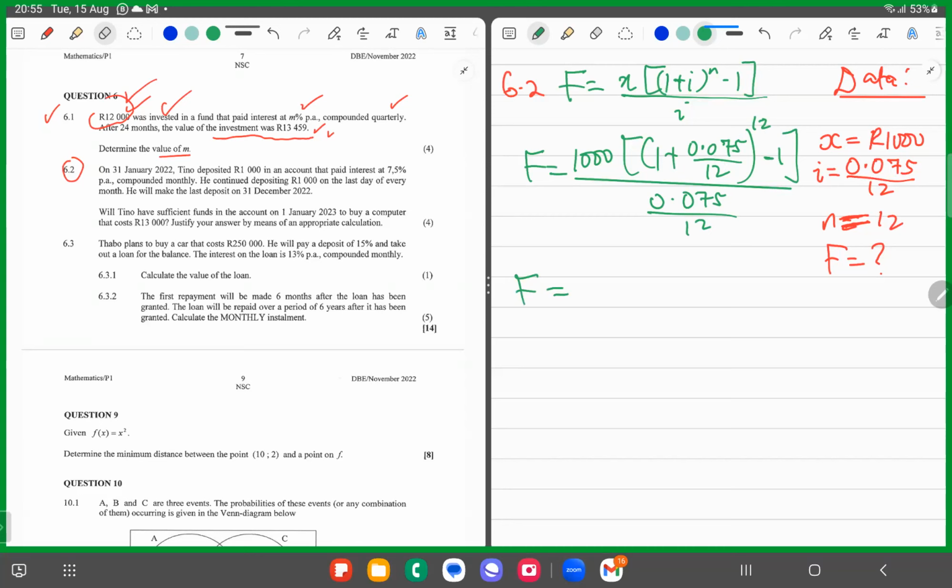Effectively, another way to do this, you can say our I is actually 7.5. We divide 7.5 by 100 and then by 12. So you divide by 100 and then you multiply the 100 by 12. The 12 therefore just multiplies the 1, so that you have this, and then you do the calculator work, and if you use a calculator, you'll get that this will be